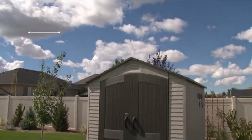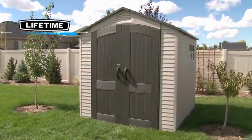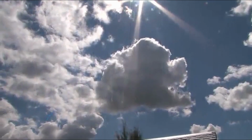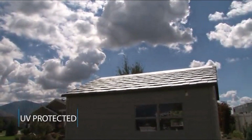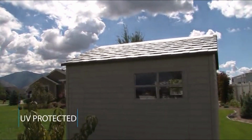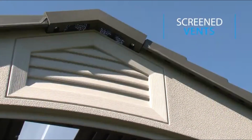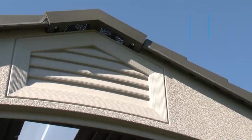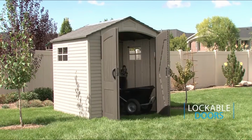On number 4, Lifetime 60042-7x7 Outdoor. The Lifetime 60042-7x7 Outdoor Storage Shed in Desert Sand is a durable and visually appealing outdoor storage solution. It features a full-length skylight for ample natural lighting, shatterproof polycarbonate windows, screened vents for ventilation, and a set of shelves for organization. The shed is built with sturdy steel-reinforced construction and dual-wall high-density polyethylene, ensuring durability and resistance to